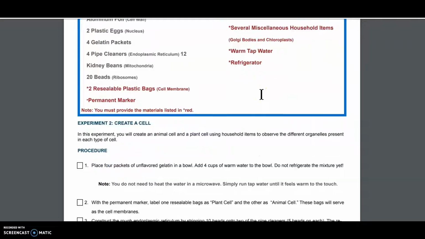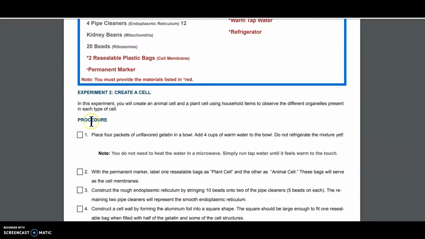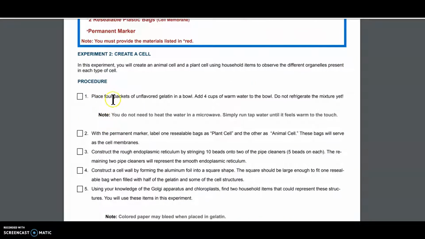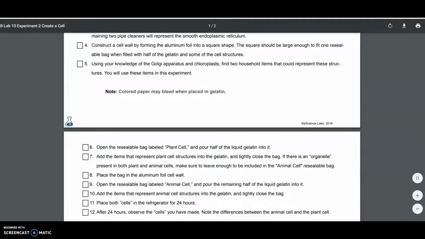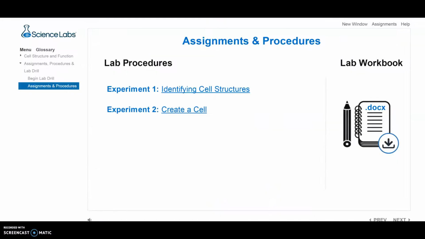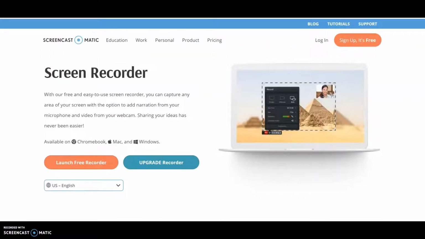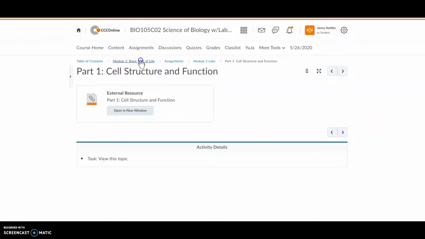There are going to be some things that you have to go out and get. And so then it has procedure, and in the procedure is where your instructions are. So that's how you find the instructions for each lab. All right, so we're going to go back to